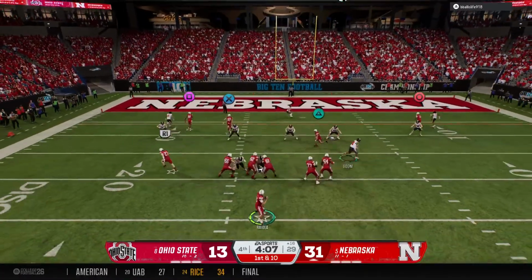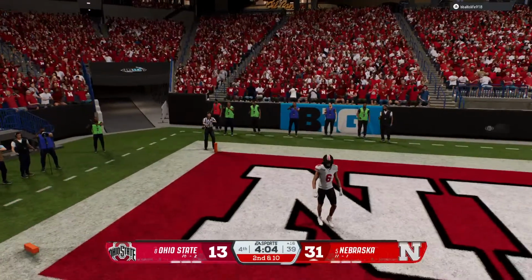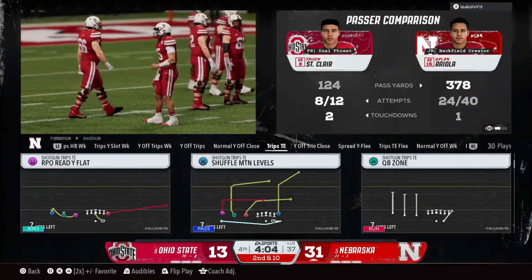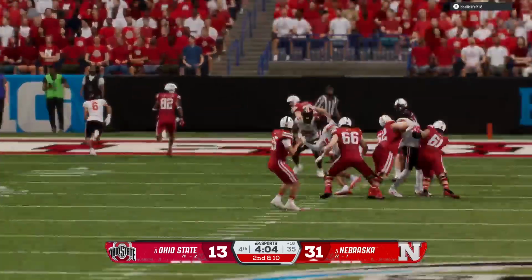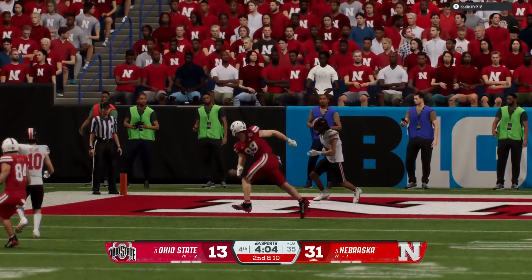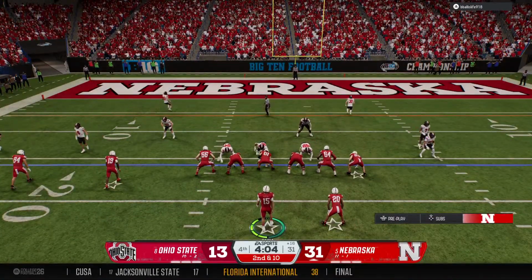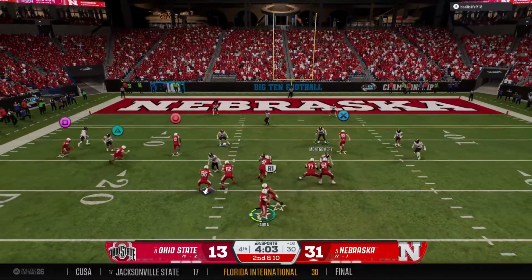On 1st and 10, looking to throw. Delivers quickly to the left side. The junior trying to take a shot, but overthrows his man. Well, this offense has had a great day today. The game is out of reach. I'd be curious to know why the starting quarterback's even still in the game and why is he throwing the football? Throwing again on 2nd and 10.